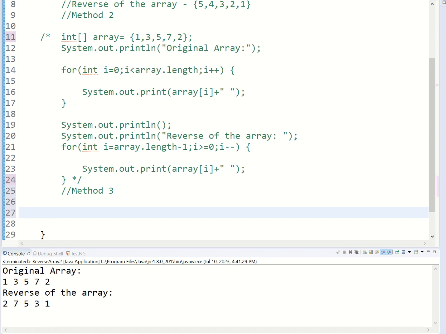We are reversing the array here. So let's say again, I'm taking this time Integer, which is the wrapper class. Integer array equal to, let's say, 1, 5, 9, 8, 2,